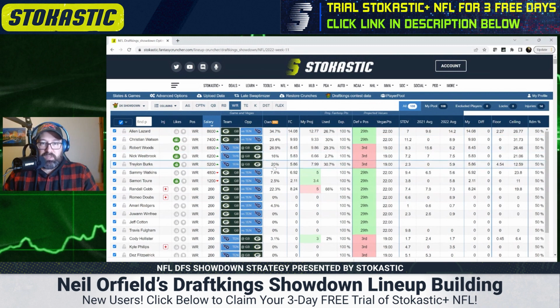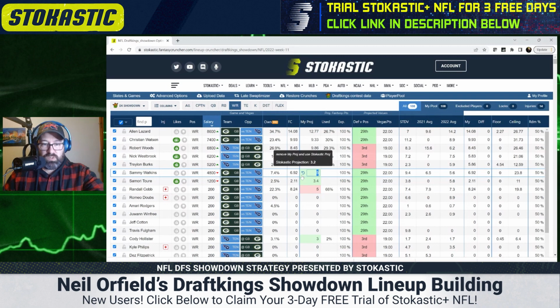And I can see here, I'm just going into wide receiver, still getting way too much Randall Cobb, not getting to any Sammy Watkins. And you can see this because I have them projected the exact same. Randall Cobb is 200, Sammy Watkins 4,800. It makes sense that I would not get to any Sammy Watkins. So maybe to get to some Watkins and Toure, and not so much Randall Cobb, I'd have to give a little bit of a boost to Sammy Watkins,